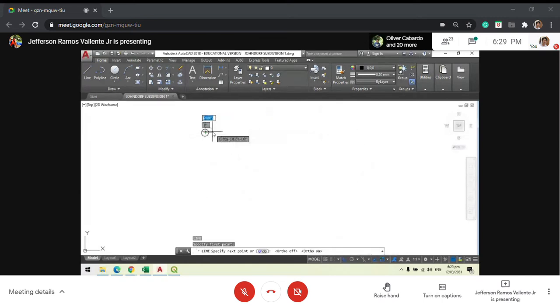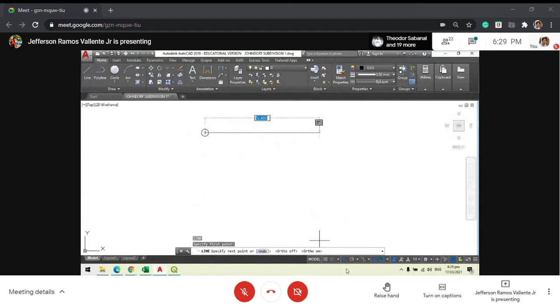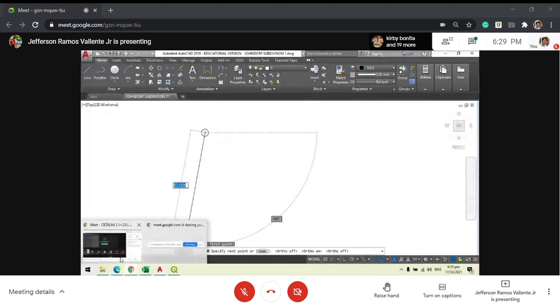You're not really compelled when the line is always on the vertical and the horizontal. But normally, I just let the ortho mode off, okay? Like this one. Now, when we specify the next point, you can actually use the function of the polar line. So if we go back to the drawing plan,